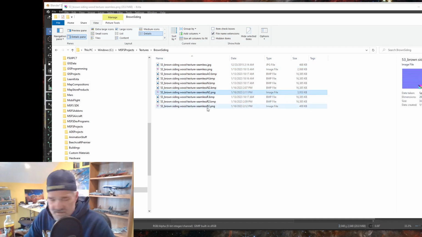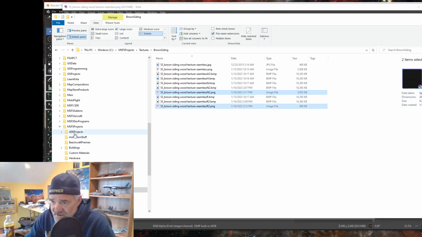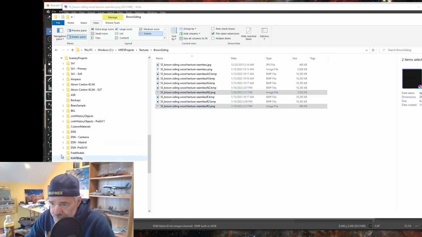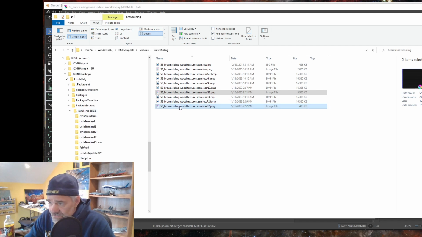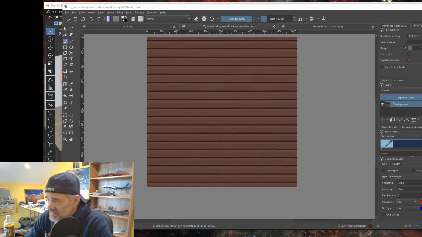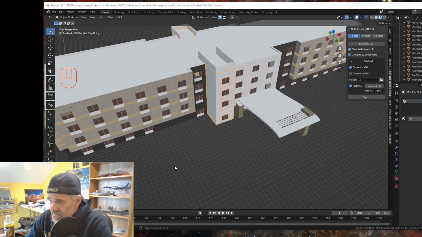N2 PNG, hold my control and select the R2 PNG, and I need to copy those into my model lib textures folder. So I'm going to drop down to Columbus buildings, package sources, model lib, and right click and drag those into textures, release, copy. So now I have the diffuse, and I have both the normal and the roughness. So we'll minimize that. Minimize